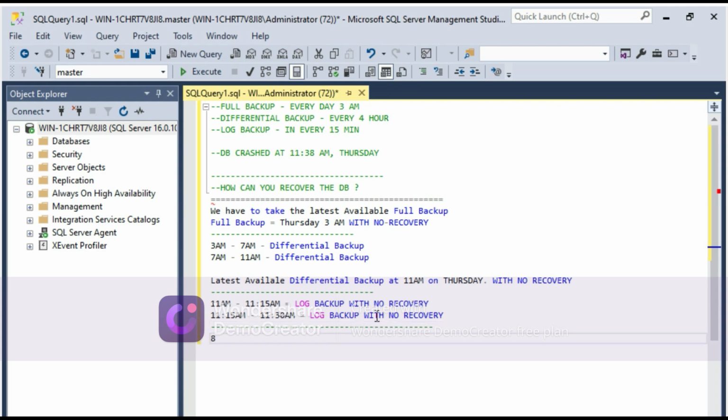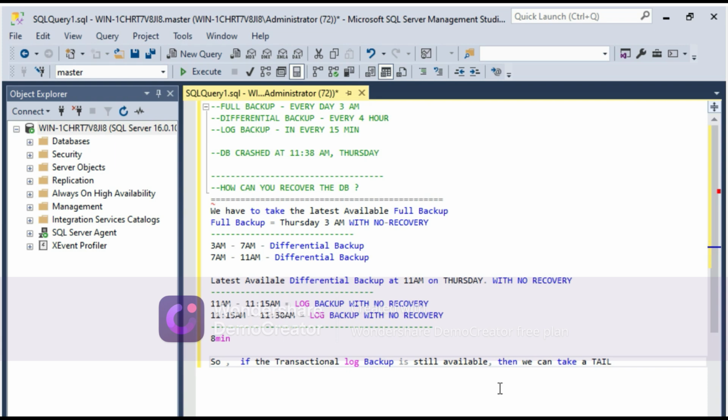So how much data is considered as a loss? The last 8 minutes, because after 11:30, the 11:45 log backup is not taken, it has not run. The transactional log is still available, then we can take